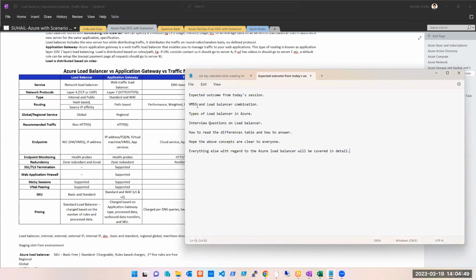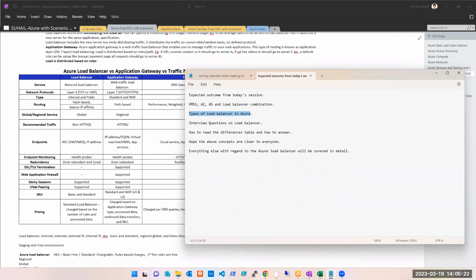That individually the load balancer is not useful for us, because if there is nothing behind the load balancer, it's not useful. And individually, in isolation, VMs or Azure availability zone or Azure availability set are not useful for us without a load balancer. Is this point clear to everyone? Yes. Okay. Types of load balancer. Anyone had any issues in this one?